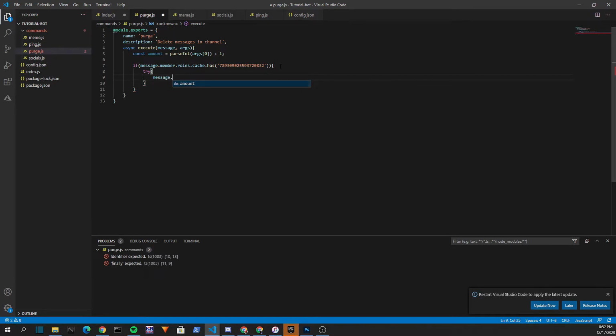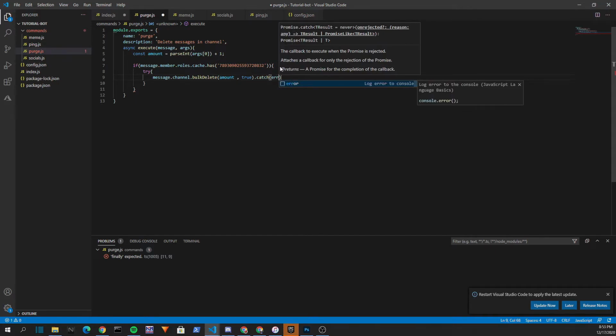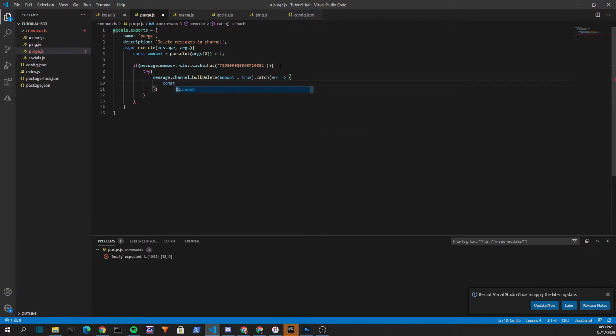dot channel dot bulkDelete, and this will bulk delete stuff. And then amount, comma, true, and then we're going to do dot catch, and then we're going to do err, which is error, and we're going to do an arrow function, and now inside our arrow function, we're going to do